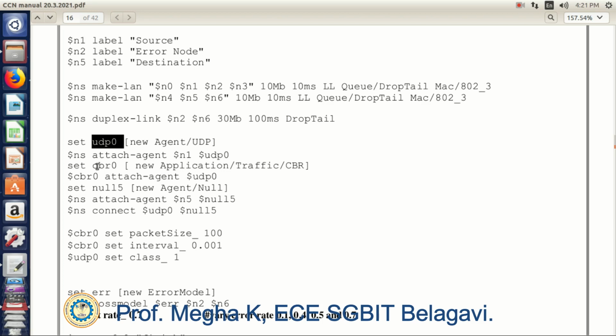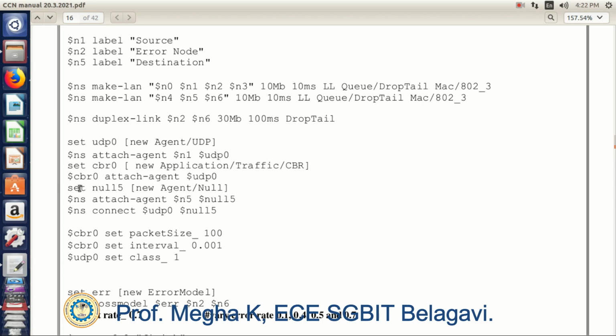When the UDP protocol is used, we need to set the CBR value as an application layer agent, and I am using attach-agent to attach the UDP agent to the simulator. So $n1 UDP 0. Then I'll define the CBR value and attach the CBR application protocol.